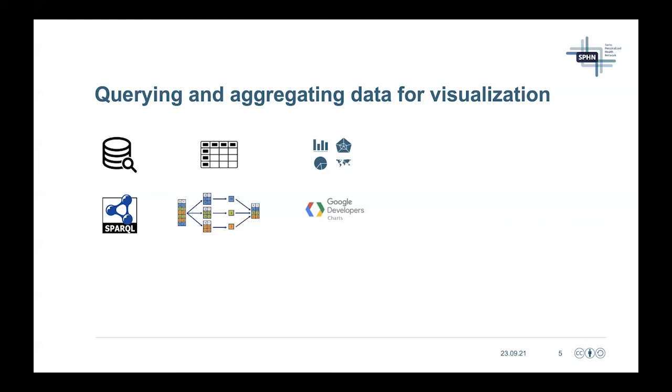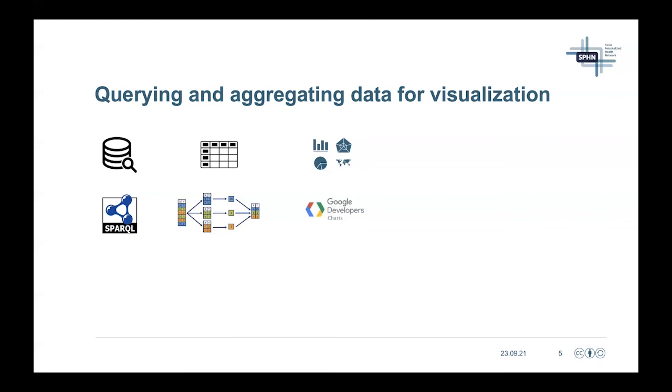Now, if you remember from before, there are different visualization tasks and also techniques used to accomplish these tasks. So the last step basically consists of selecting the proper visualization technique and, assuming we have obtained the aggregated data in the format which is compatible with this technique, we only need to run this and produce